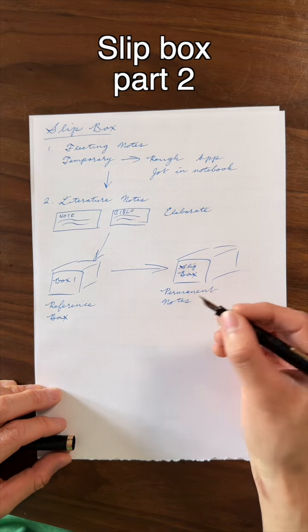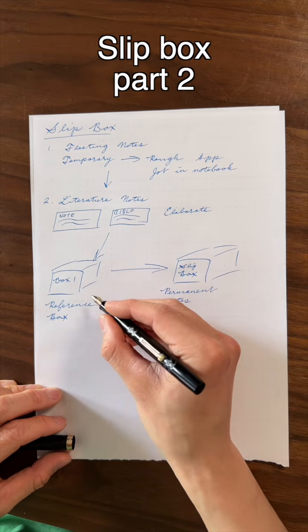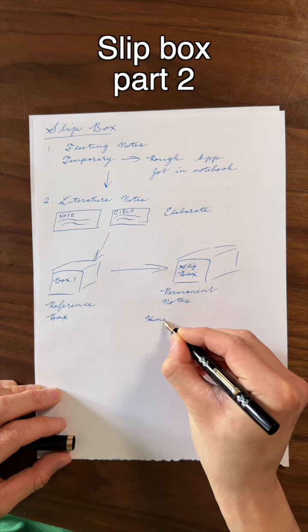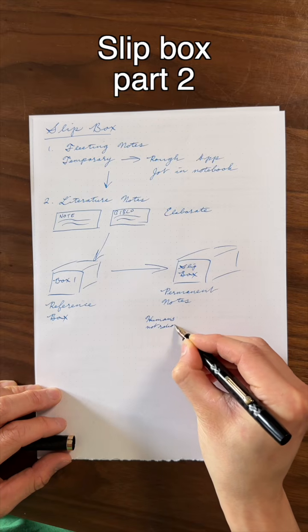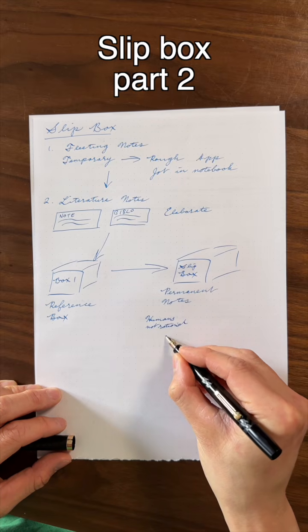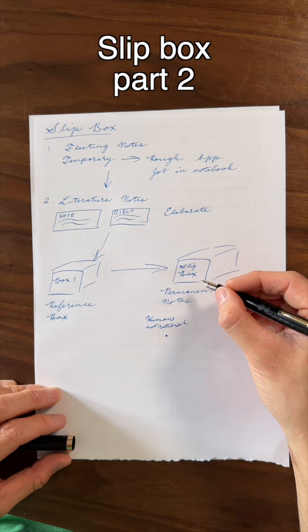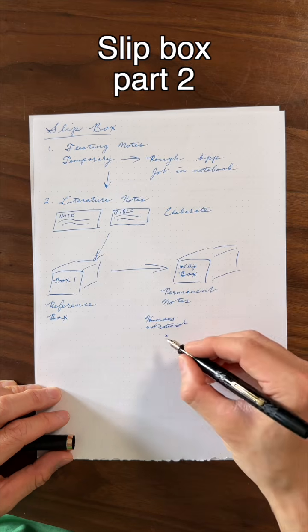So let's just say you've read a psychology book and you've come across this idea, and your idea that you've read and that you've taken from your reference box is that humans do not always behave rationally. So humans not rational. So that would be one of your notes. And then what you would do is, instead of just storing that in the slip box, or instead of just keeping that note within the reference box like I would have done in the past,